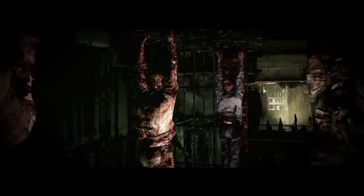Yeah, it is a game that we want to be difficult. We don't want it to feel like, oh, this is really easy and I can make mistakes and I'll be fine. Part of the survival aspect and the horror aspect is creating that tension. And in that scene you're talking about, in fact in this whole first part, you're defenseless. You've got no weapons, no nothing. You just have to think your way through